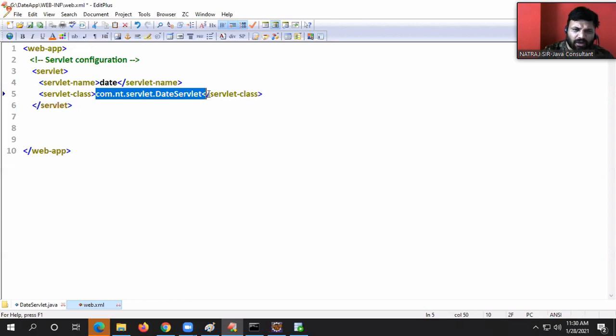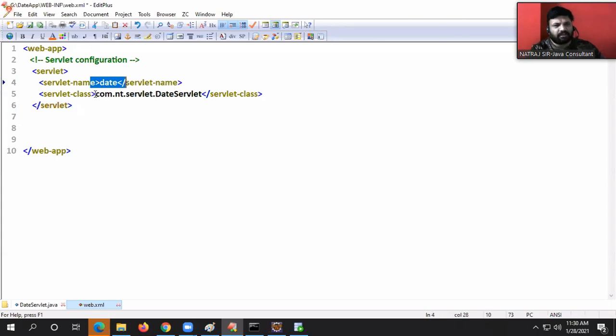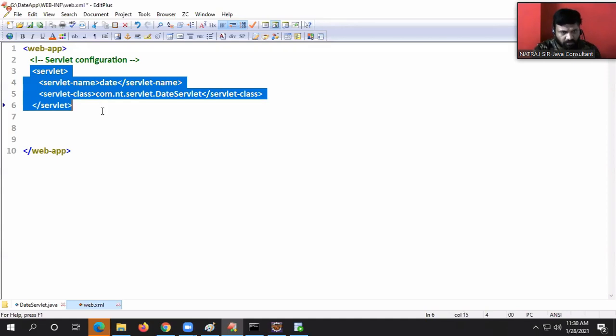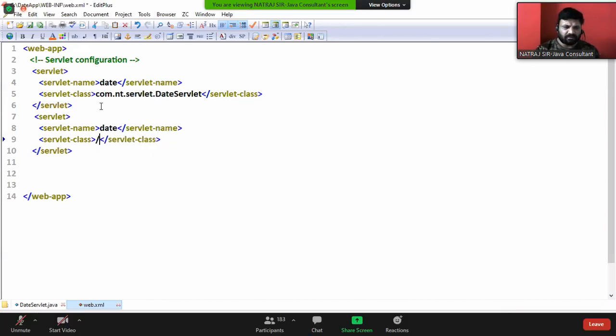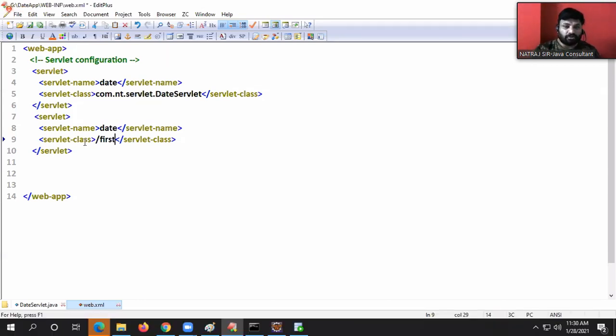This is the logical name, guys. This is the fully qualified class name. Okay, guys. Copy this, paste. Fully qualified class name, guys. Slash first, slash, okay, first slash syntax, guys, because in the address bar all separations are slashes. Now the logical name should match.